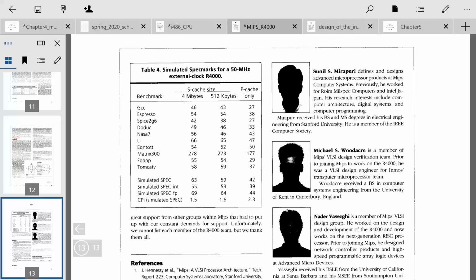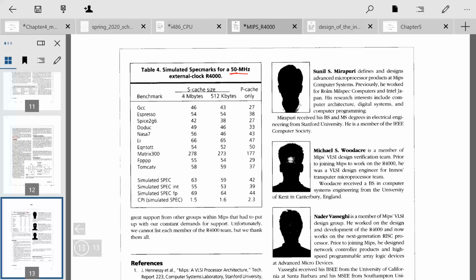Okay, the only other thing I wanted to cover was, just looking real quickly at the performance. So in this case, this particular clock rate is at 50 megahertz, which is twice that of the R3000. Now, it would be unfair to compare the R3000 and the R4000 with the clock rate fixed, because remember, the R4000 is doing super pipelining, and the whole point of super pipelining is to increase the clock rate. And even the paper points out that the CPI of this design is going to be less than that of